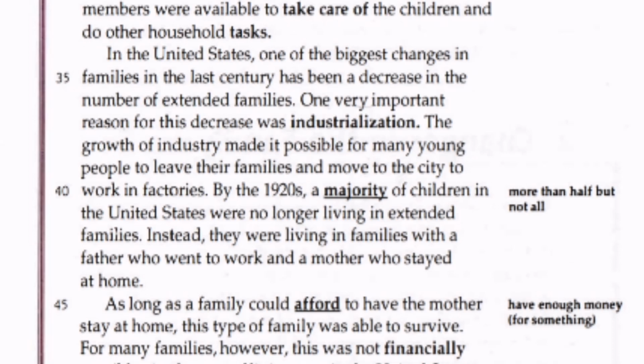In the United States, one of the biggest changes in families in the last century has been a decrease in the number of extended families. One very important reason for this decrease was industrialization. The growth of industry made it possible for many young people to leave their families and move to the city to work in factories. By the 1920s, a majority of children in the United States were no longer living in